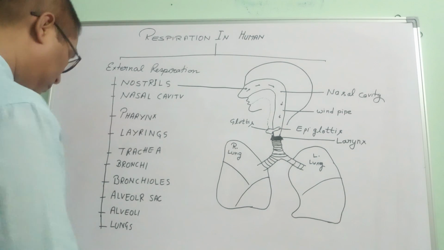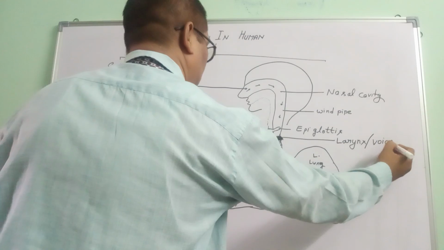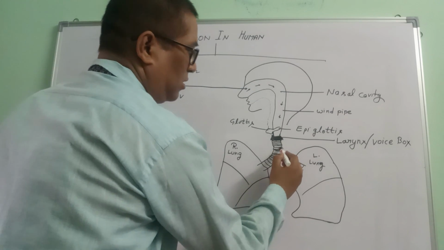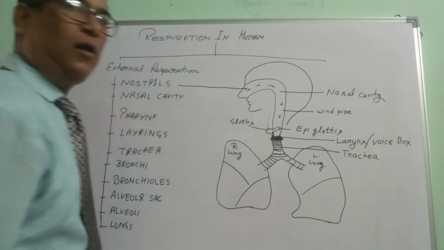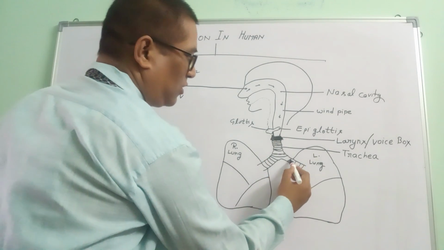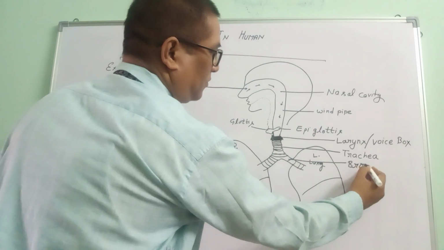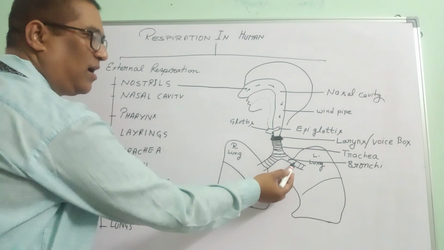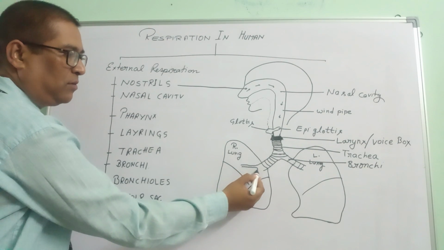Now this larynx, or you can say voice box, this is called the trachea, and the trachea gets bifurcated into two parts. This one is called the bronchi. That is bronchi. And when the bronchi enter inside the lungs, then they again bifurcate into three parts,